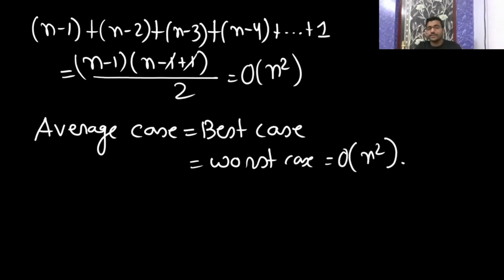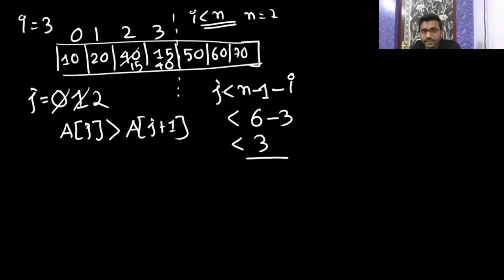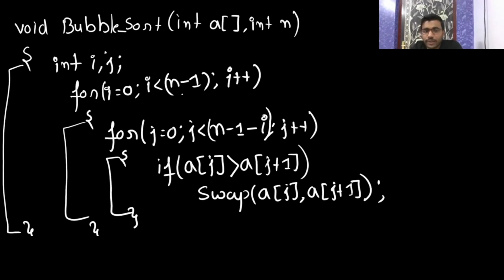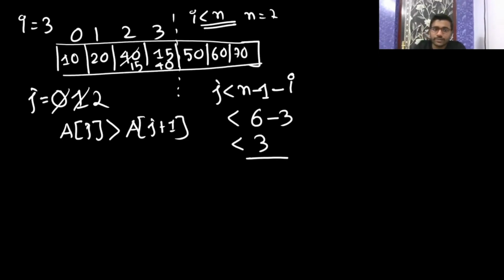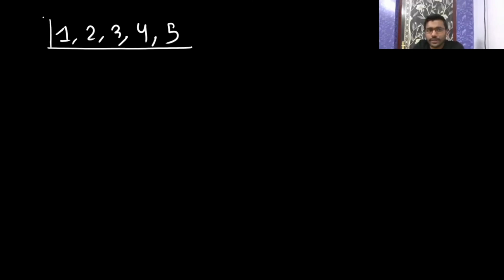So if we use this not modified, not improved bubble sort, this is the simple bubble sort, where I am not giving the adaptability, means it is not able to say whether the given input is sorted or not. Means if to this input, if I give one sorted input like 1 2 3 4 5, then also it is going to iterate. Then also see, first it will be here, then this will get sorted, then this will get sorted, then this will get sorted, because it is not having adaptability. I have told you the adaptability.